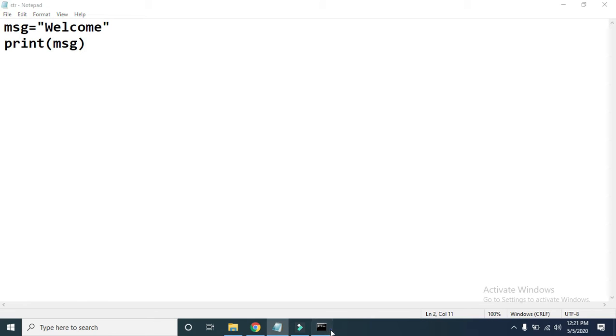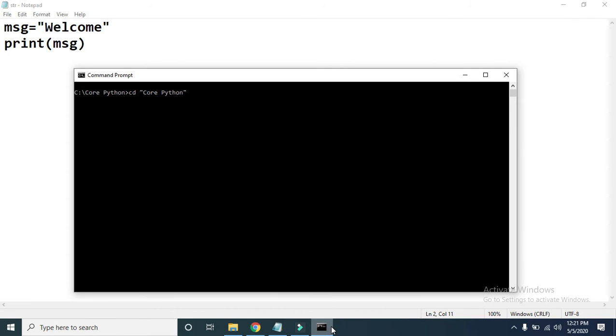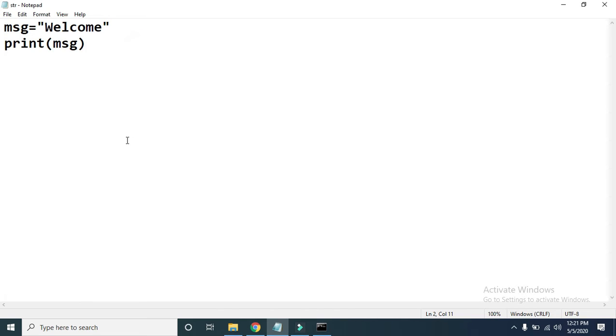I want to show you output here first. See, here we have got welcome. Now here I'm just going to modify this particular string. In the string I'm just going to use \t after every character. So after w \t, after e also \t, similar to that one, after every character I'm just going to add \t. Now as we all know, if we use \t, then it will just give tab effect.